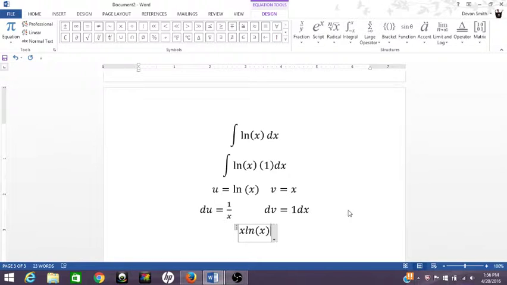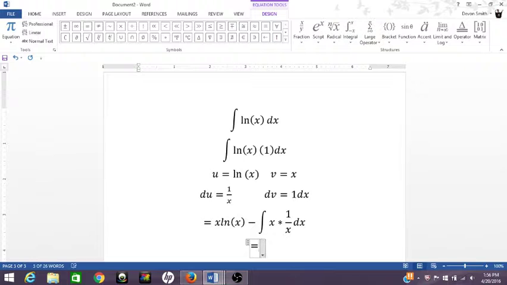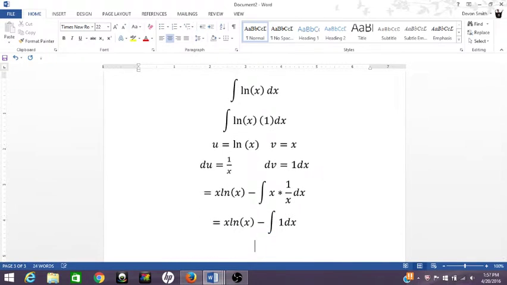Technically you're supposed to do natural log of x times x, but I'll do it this way because it looks nicer. Minus integral of x times 1 over x dx. Of course, the x here is going to cancel each other out, so it's the integral of 1, which just leaves you with